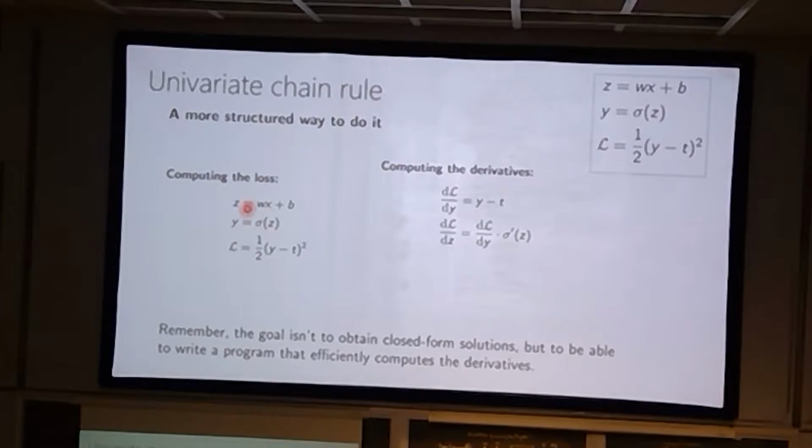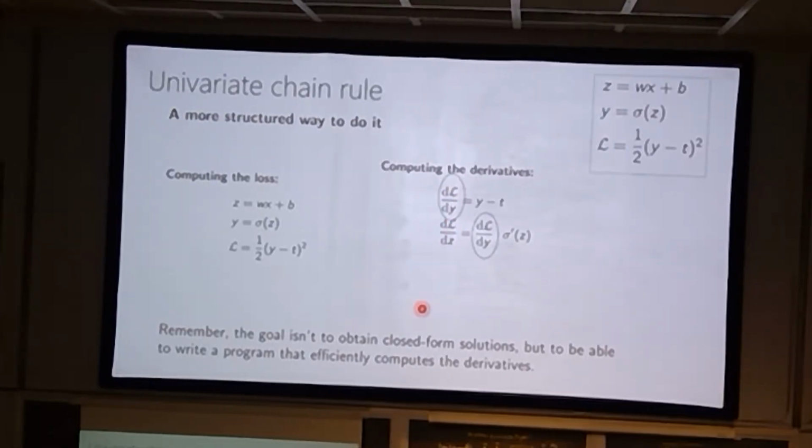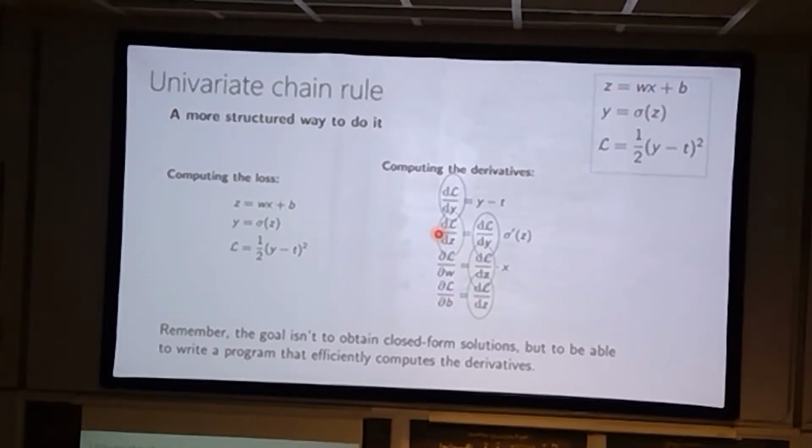But so far, computing the loss is not the hard part. You could have all done that without the course, but I'm trying to get you to see what the principles and the structure are here. The trickier part, of course, is computing the derivative. So in this case, we are just going to compute the loss with respect to y, and then we're going to compute all of them, and to get the loss with respect to z, I can just use the one above. So again, I'm going to get this chaining effect where this guy uses that one, this guy uses that one,